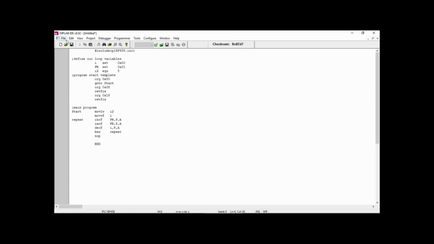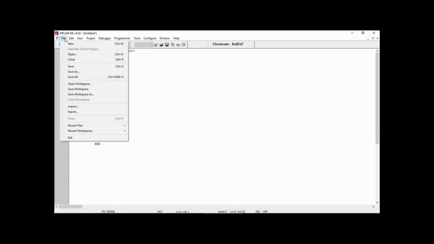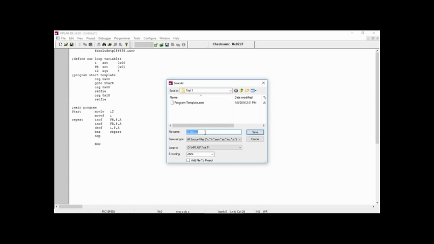After you wrote down all your codes, you have to save this file. Save this code. To do so, we go to file and then save as, and then you have to rename this file, for example,